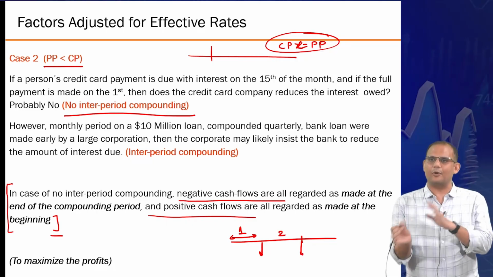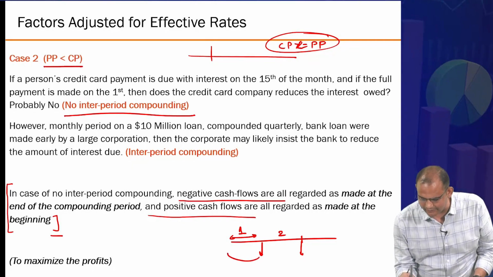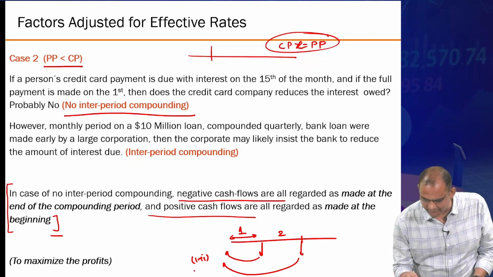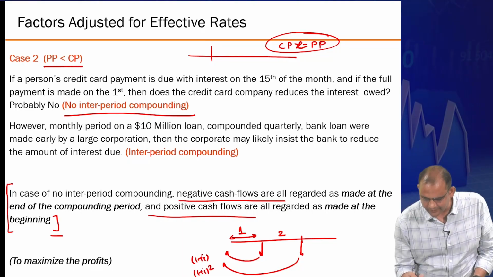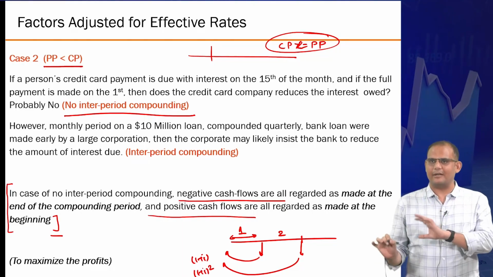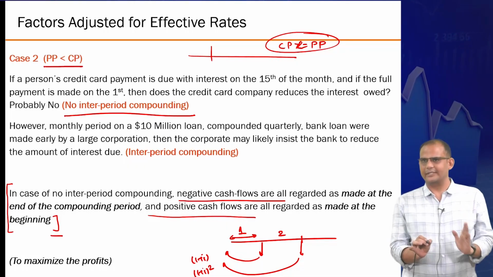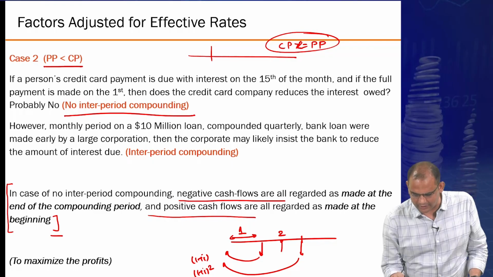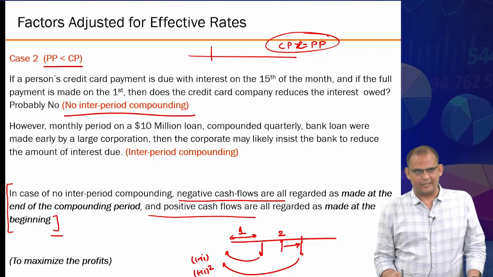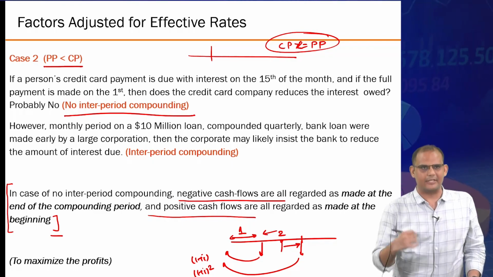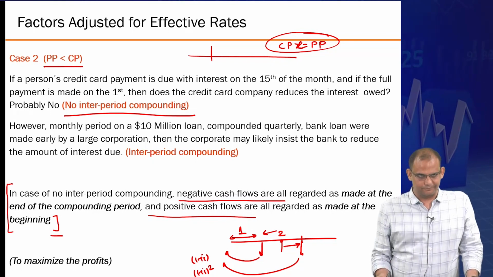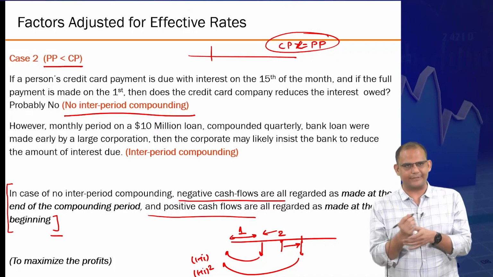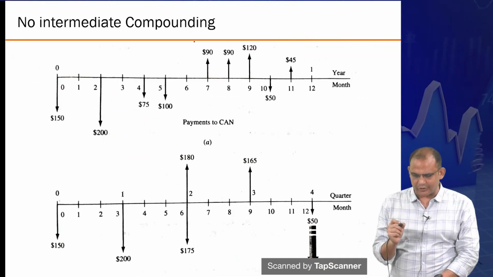If you calculate the contribution to present worth, this value is divided by only 1 plus i, but this value is divided by 1 plus i squared, right? So its contribution is actually lower on the present worth the further out you go. Therefore, it makes sense that all the losses you shift towards the end, but all the profits you shift towards the beginning of the compounding period, in order to show a little bit higher net cash flow series. Okay, let me show you with an example.